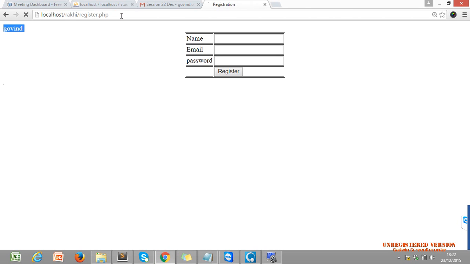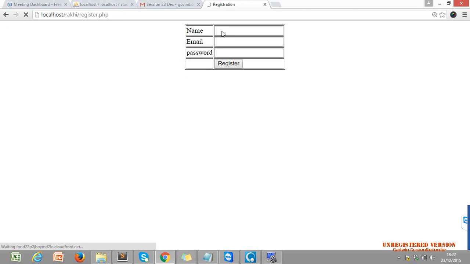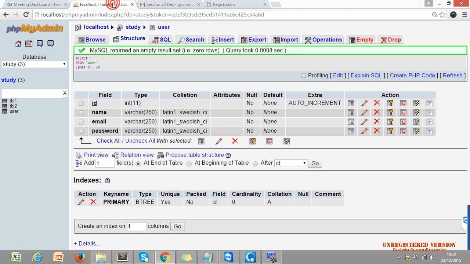Just refresh. Changes take place. Name, email and password. Where is our table? Within our table there is nothing, that's why it's showing the column information. These four are our columns.